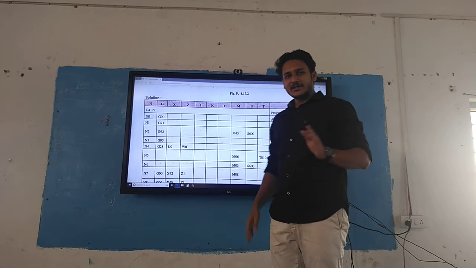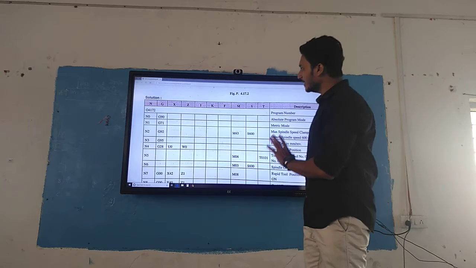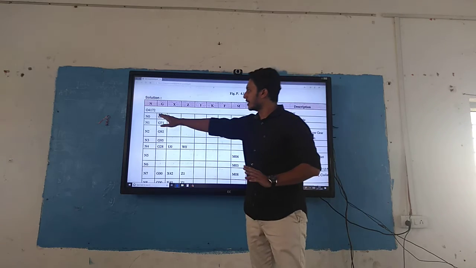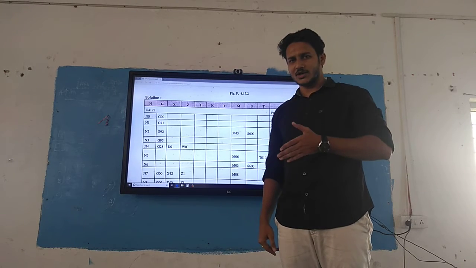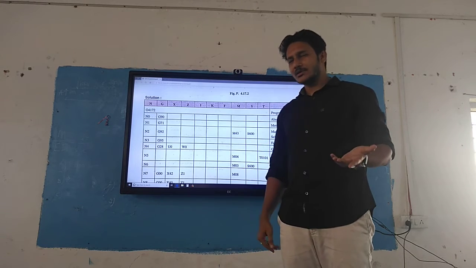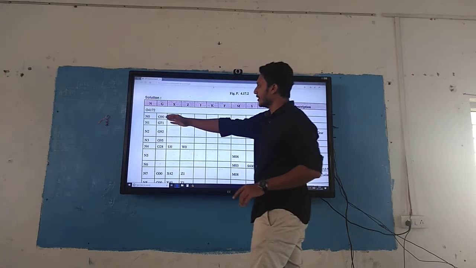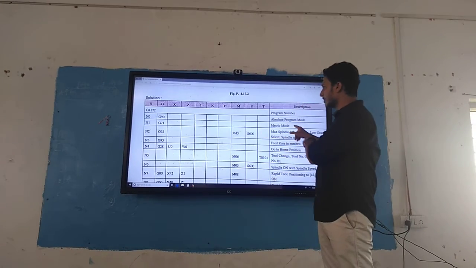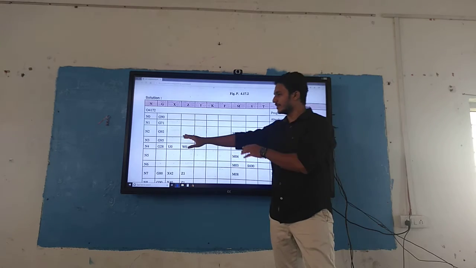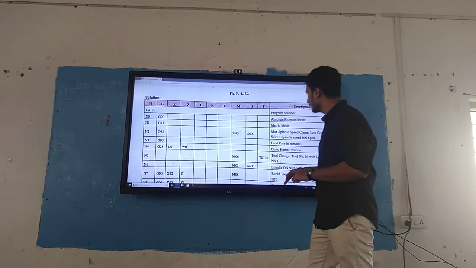First we have to specify the program number. For the turning operation we have program number 4172. For facing it was 4171, and for this one we have 4172. First sequence N0, absolute programming mode G90, G71 metric mode, G92 for the spindle limit.